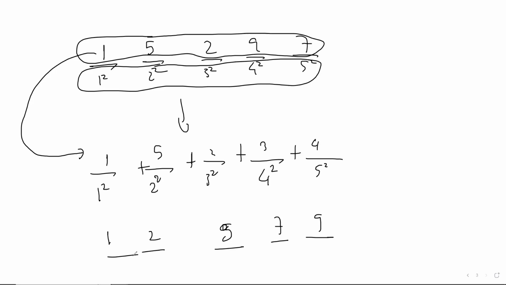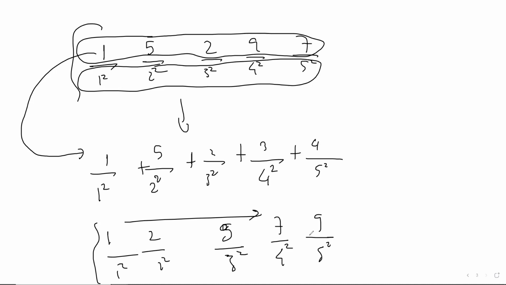Okay, you can say like this also, right? Then the number will decrease. That is by the rearrangement inequality. Because these are in increasing order and these are in decreasing order, so the product will be minimized. So if you replace this thing with this thing, where by 1 square, by 2 square, by 3 square, by 4 square, by 5 square, the summation will decrease, correct? And now this thing will be bigger than, obviously, 1 by 1 square, 2 by 2 square, 3 by 3 square, and so on, right? Because the third term will be at least 3,